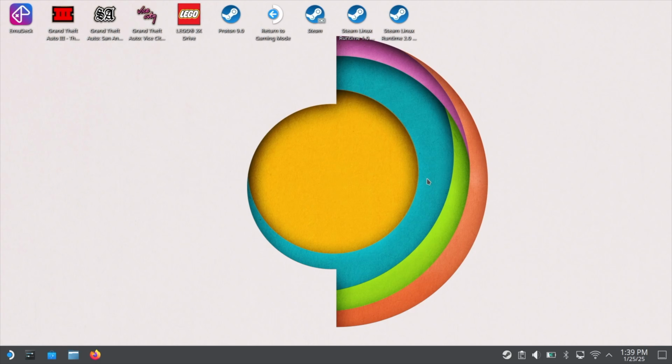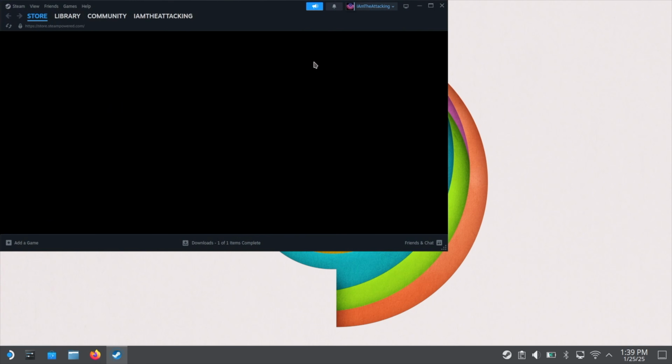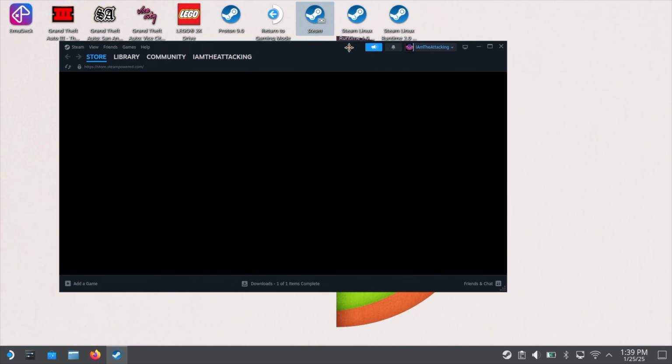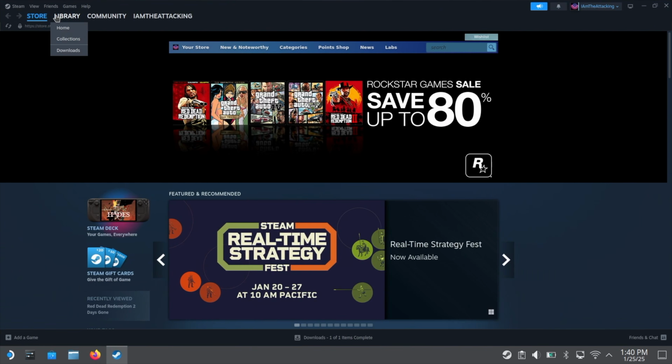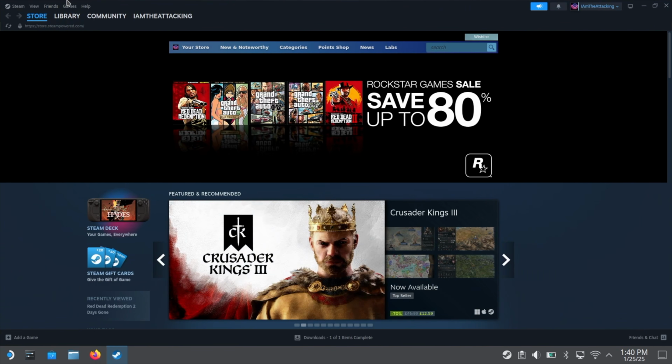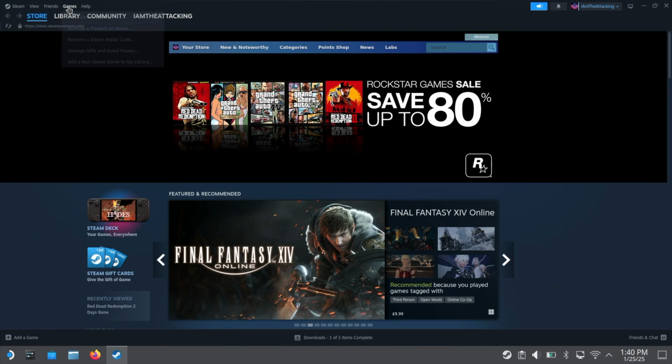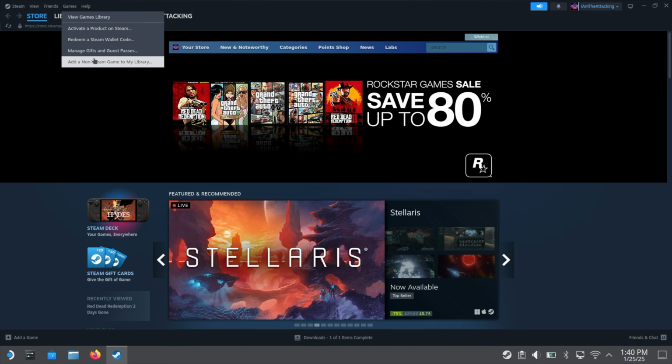Now that we have our Rockstar Launcher downloaded, what we'll now need to do is click on the Steam icon on our desktop, and you'll see that there's a little link mark here. You double click on it and you open up Steam, and let me just enlarge it for you. And then what we'll need to do is we'll need to add it as a non-Steam game. So we click on Games, add a non-Steam game to my library,